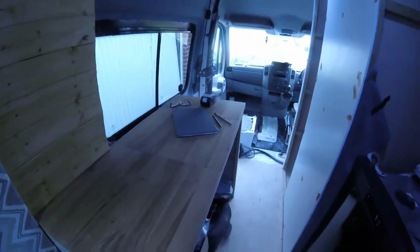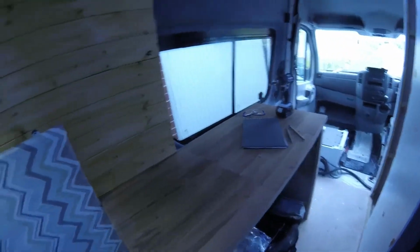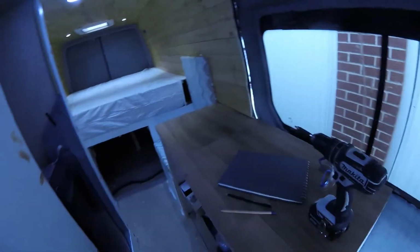The kitchen worktop, again, sanded, beveled on the edge. It's not very nice now. It was all lovely, but I've been putting stuff on it, so it feels a bit rough, but that's beeswaxed and it's cut to a rough size. I just need to do a bit of sanding on either side, but that is essentially the kitchen,